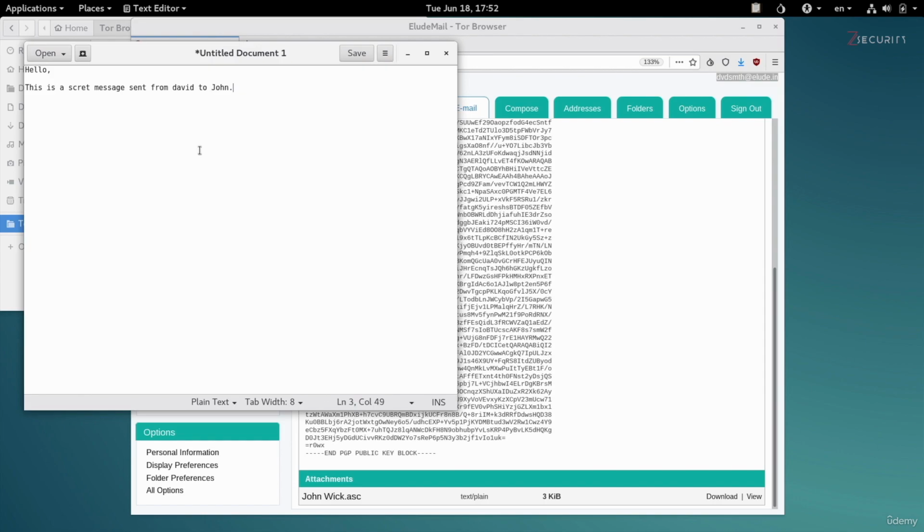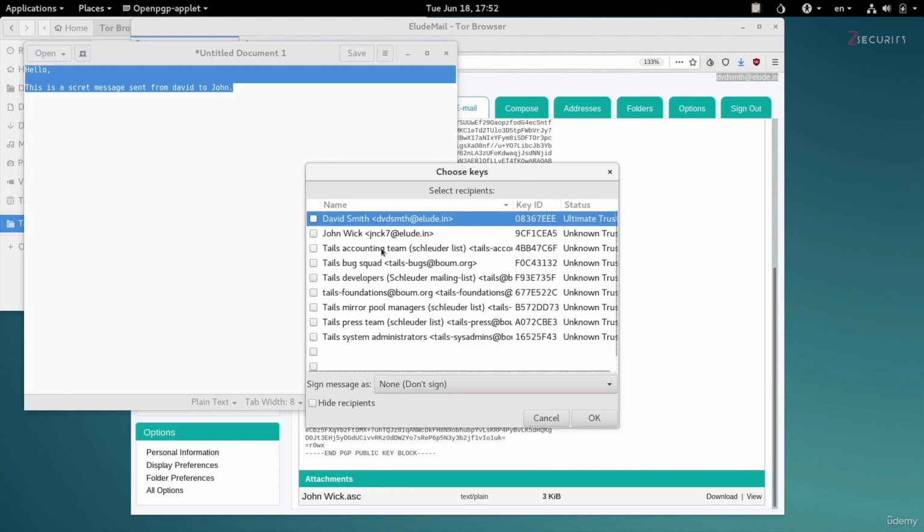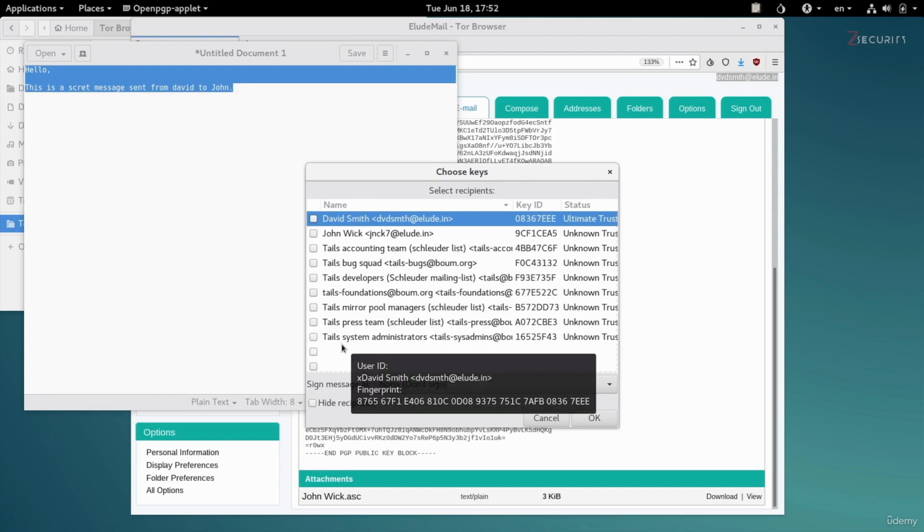Now, before sending this, we're going to select all of this text. We're going to copy it. And then we're going to go to the clipboard applet. And we're going to click on Sign Encrypt Clipboard with Public Key. We're going to click on this. And as you can see, you get a list of all of the public keys that you have on your